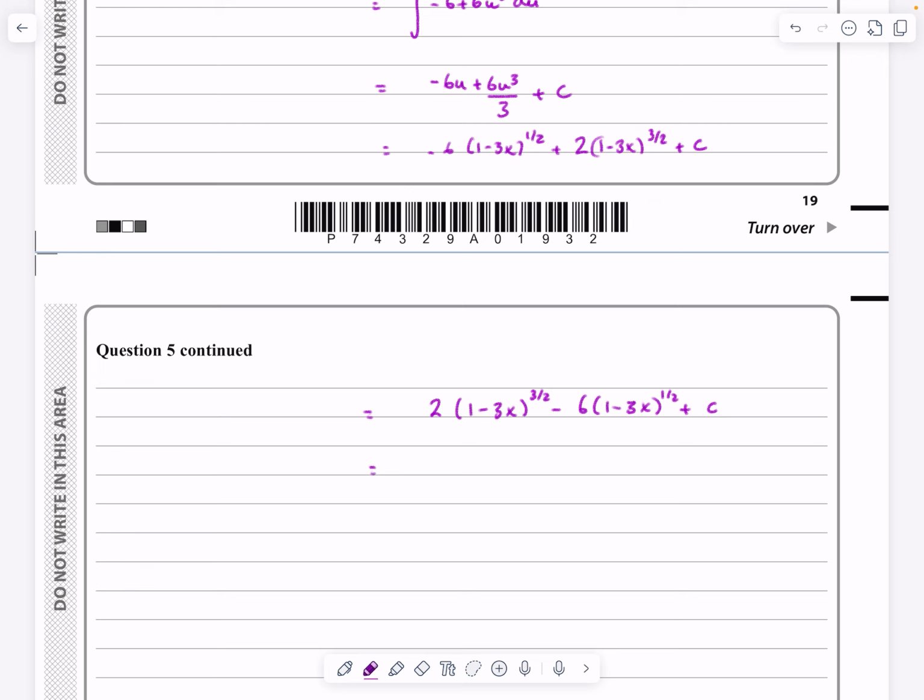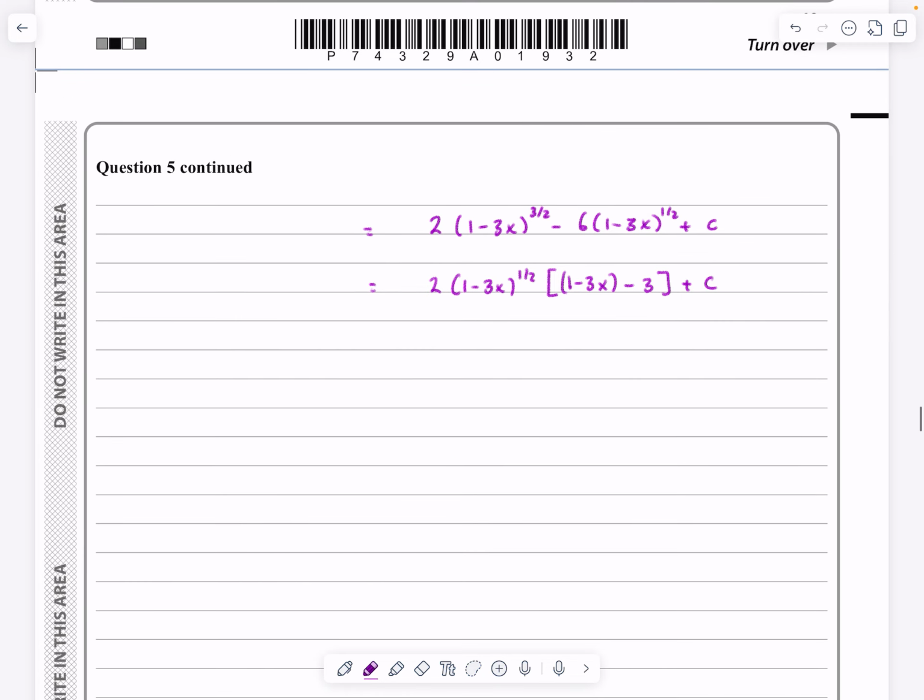So if I did take 2 and (1 minus 3x) to the half out, what would I end up with? Taking that out of that first term, I'm going to end up with 1 minus 3x, and then taking it out of the second term, I'll just be left with minus 3 here, plus my constant. So that's 2(1 minus 3x) to the half, and then 1 minus 3x minus 3 is minus 2 minus 3x